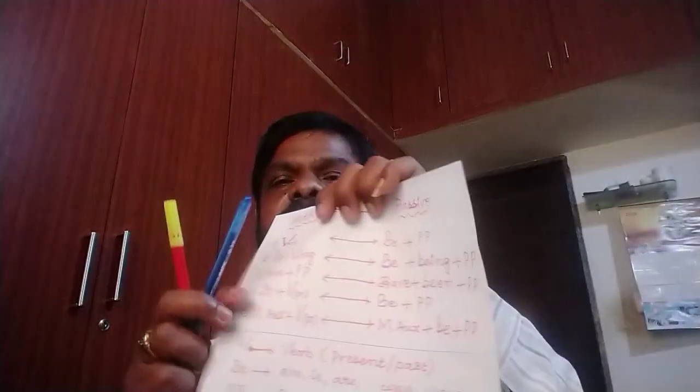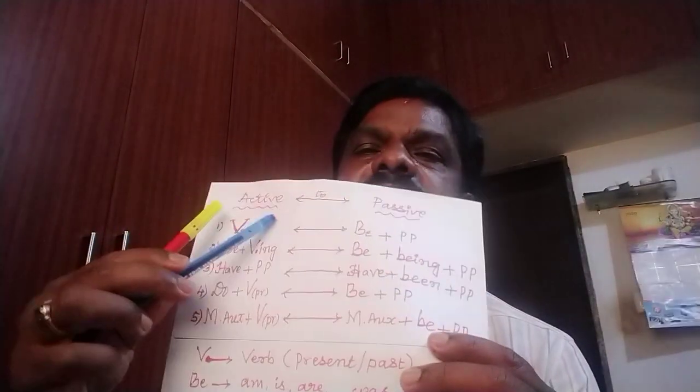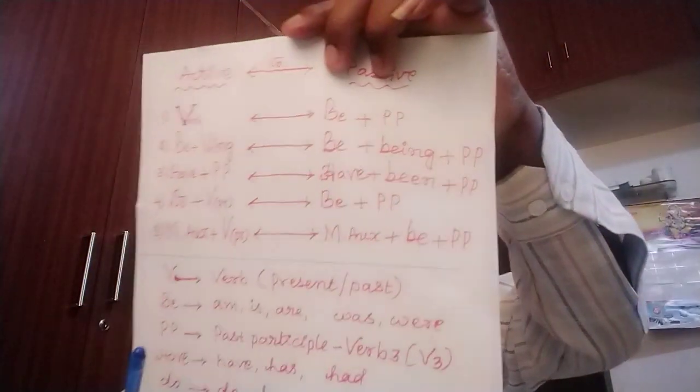Like this, if the verb has do form plus present tense, that will be be form plus past participle. So the verb will change like this only. Verb will change like this. Once again I am showing this. So like this, if there are sentences, you have to keep in mind how to change active to passive voice on the basis of the given verb.